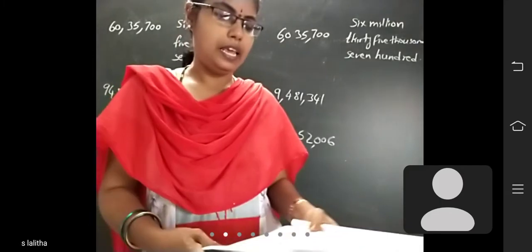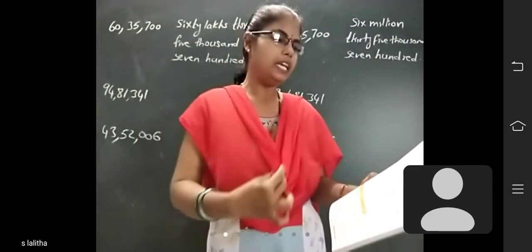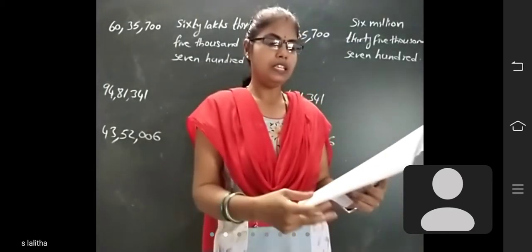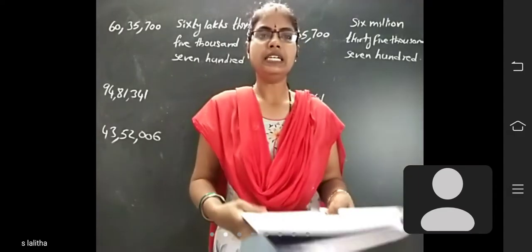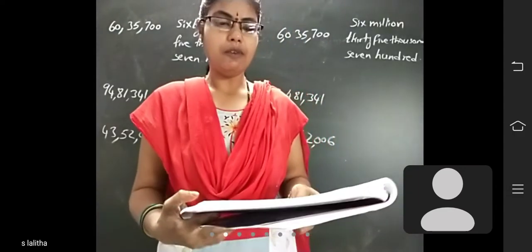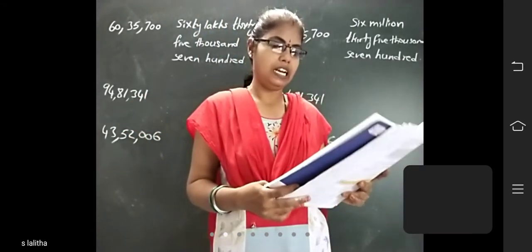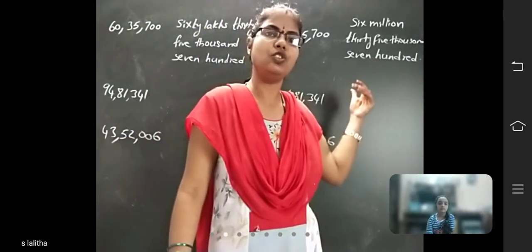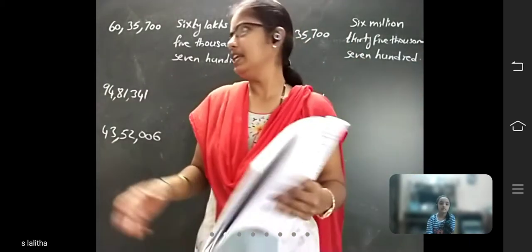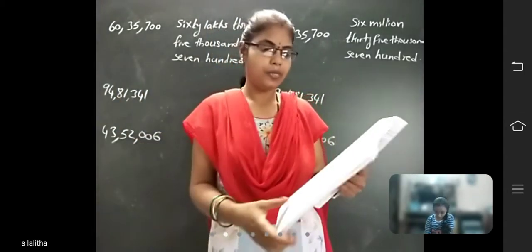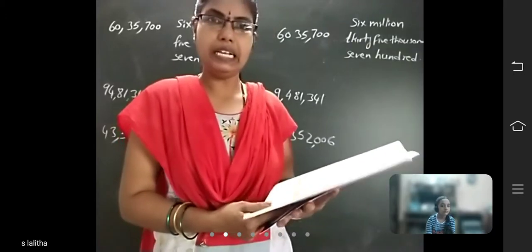Okay. Next, see this activity 3.10. Solve the board problem. Manish is a businessman. He received an email from a businessman from another country. The email has numbers given in the international system. Already I told you, the international system is used in foreign countries, but in our country we use the Indian system. So as shown in figure 4, help Manish convert the numbers into the Indian system.